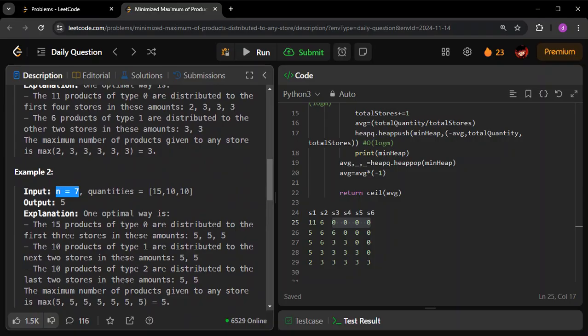See, the idea in that case is that distribution is not possible at all. If N and M become the same, for example, here N is 3, and M is also 3. So what will happen? Division is not possible, so whatever is there, we have to keep assigned as it is. In that case, the answer will be the max of this particular array. As simple as that.